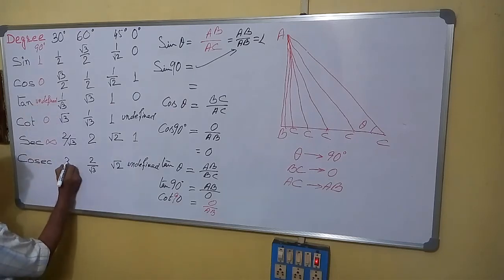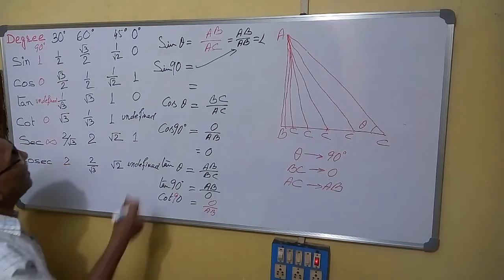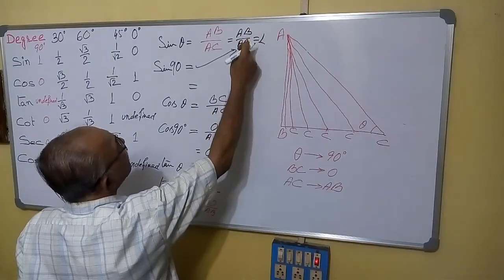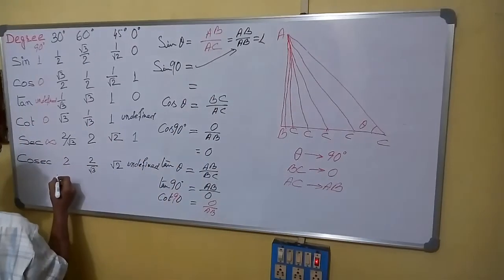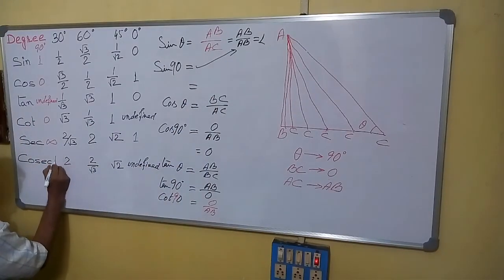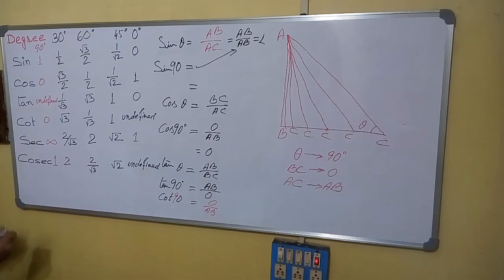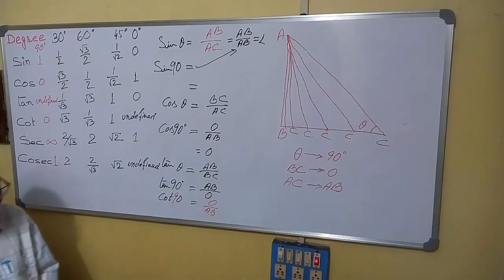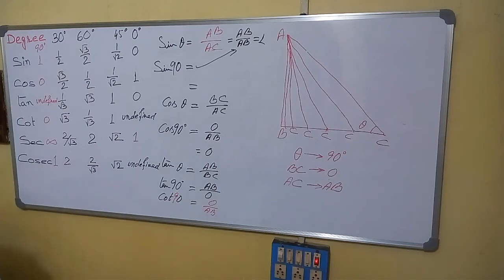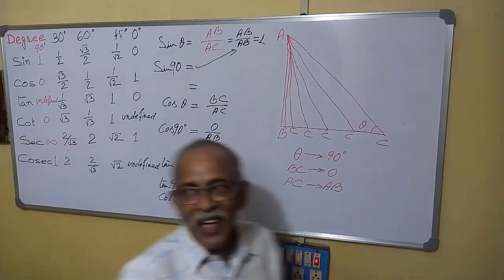What happens to cosec 90 degree? Sin 90 is AB by AC, it becomes AB by AB. So its reverse will also be the same, so it will become 1. In this way, we can see all the values of the standard angles of trigonometric ratios. I hope I am able